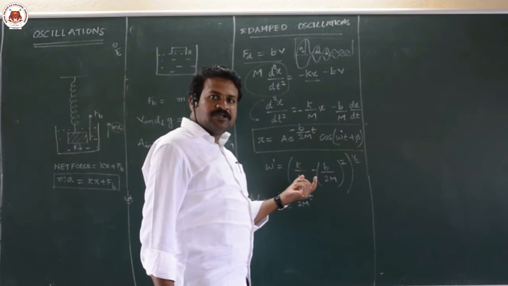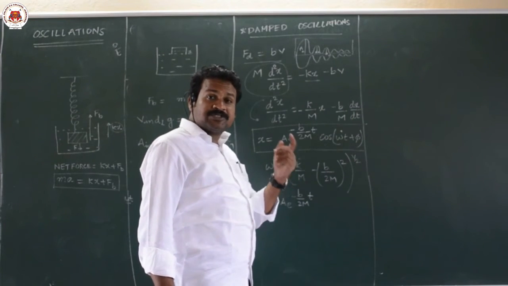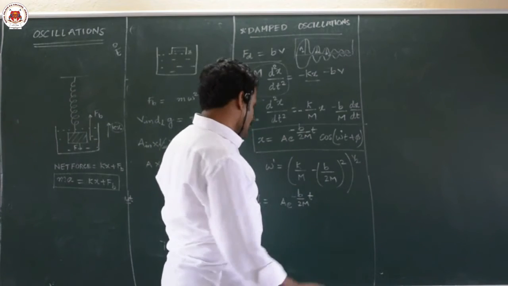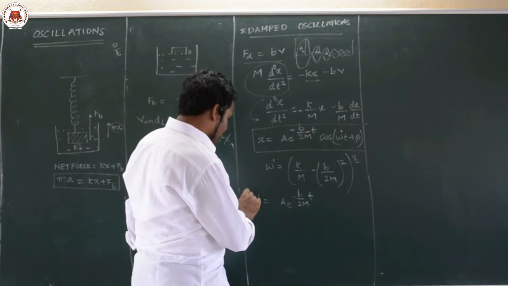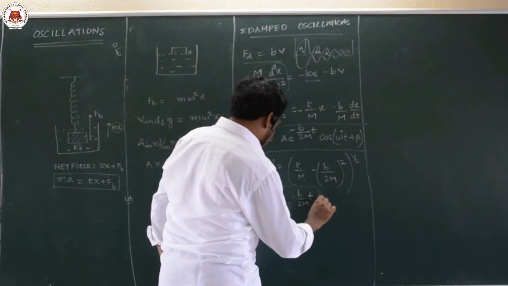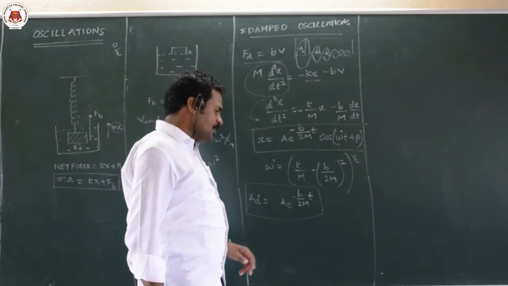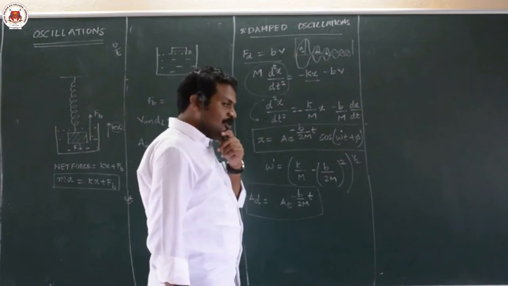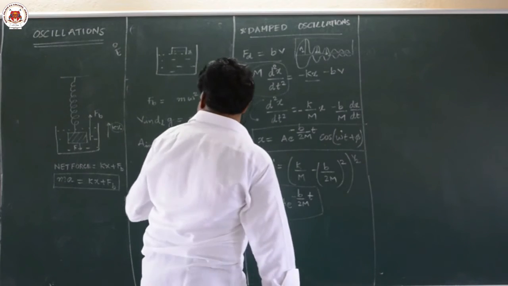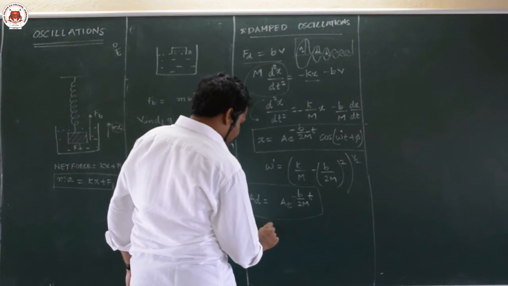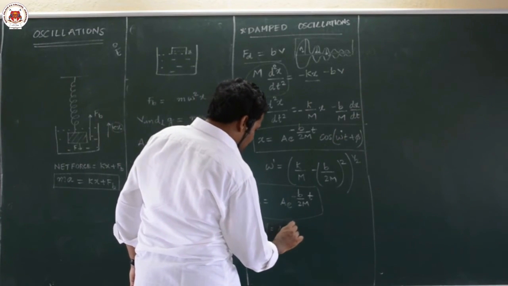So in a damped oscillator, its amplitude decreases. Then what they will ask in your question is, what is the amplitude after some time. So this you have to remember, A is equal to A naught, or A_d is equal to A e to the power of minus b by 2m into t, and based on displacement, based on